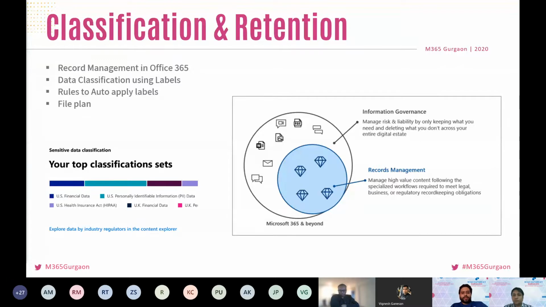A business scenario can be a tax document for an employee that has to be updated each month. It is a working document, but at the end of the year it needs to be published somewhere in a PDF format, where we can call it a business record, and it should not be modified later on. So these are the two types of documents involved in record management.